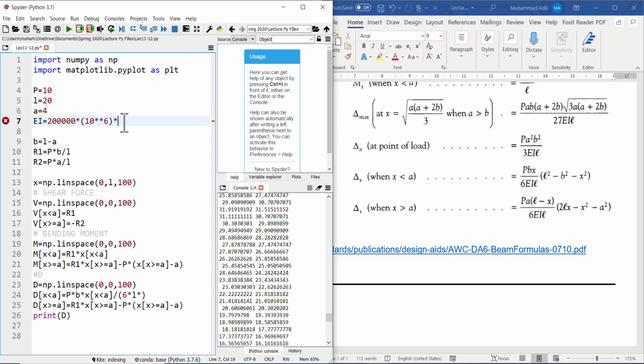Imagine this is a steel beam with a rectangular cross section. If the width of this beam is W and height is h, it's W h cube over 12,